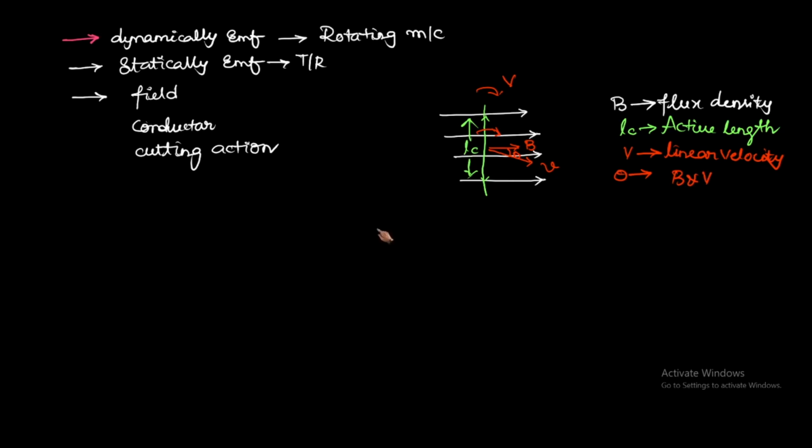From this we can write the dynamically induced EMF as proportional to the cross product of V and B. To remove the proportionality, we can write it as, as you already know, B LC V sin theta, where theta is the angle between them. If the conductor is a linear conductor, it is no problem. But whenever the conductor has some different shape,